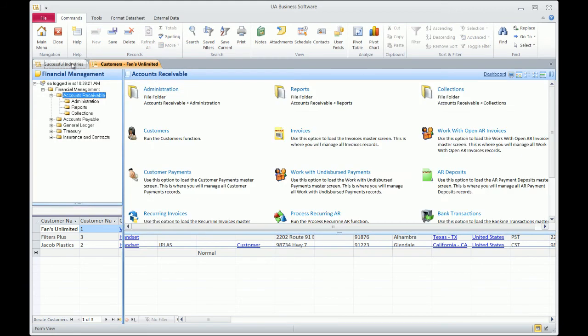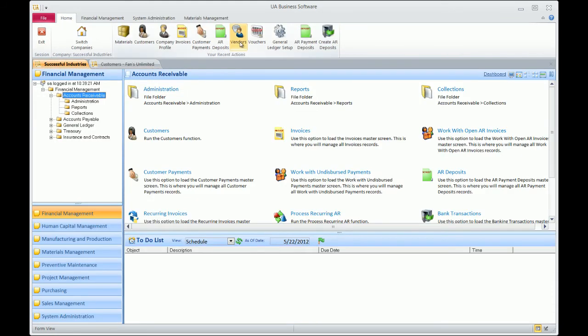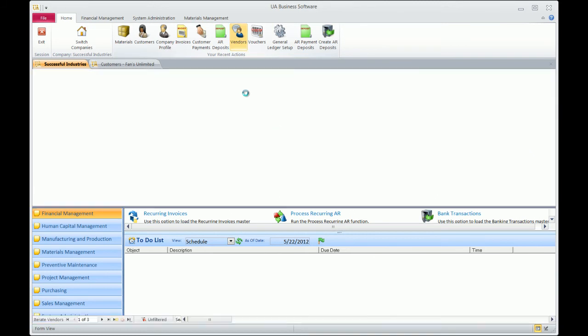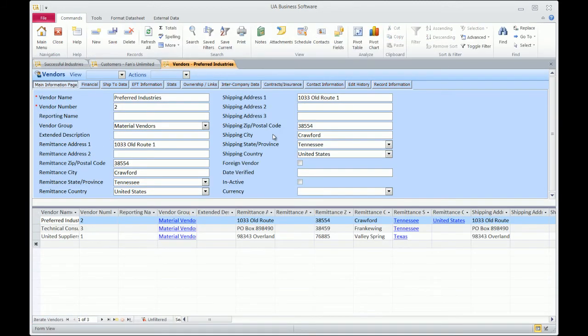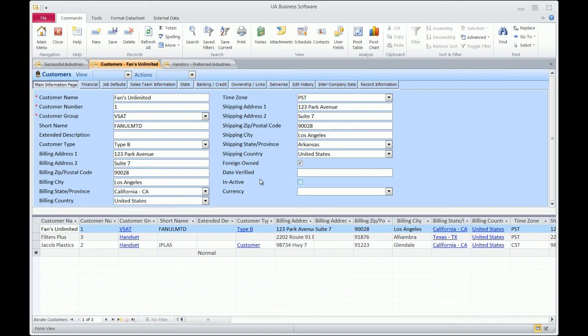To illustrate the point I mentioned earlier, I'm going to also open the vendor screen, and it's going to open another tab, another window. But what I wanted to show you was, if you look at the vendor screen and then look at the customer screen, they almost look identical. But as we said a moment ago, the fields are quite a bit different, but the screens are basically the same. So you'll find that there are many hundreds and hundreds of screens within UA that look very identical. Again, this is quite by design, and once you understand the anatomy of one of these screens, you kind of understand them all. I'm going to focus on the customer screen, but realize that it applies to a vast majority